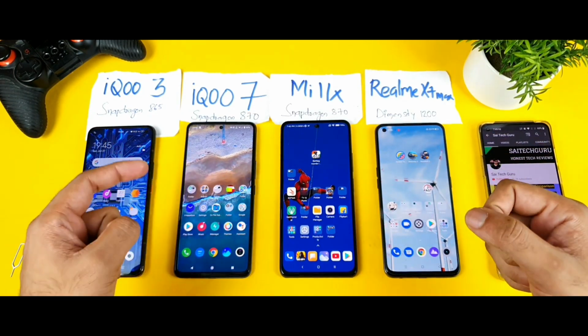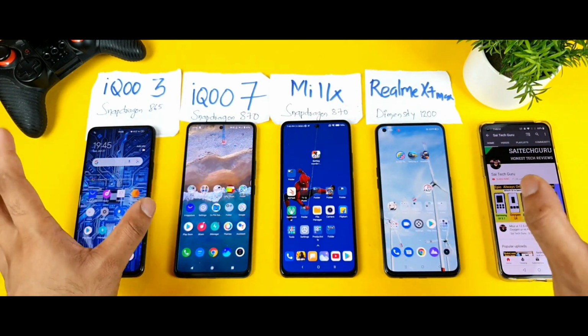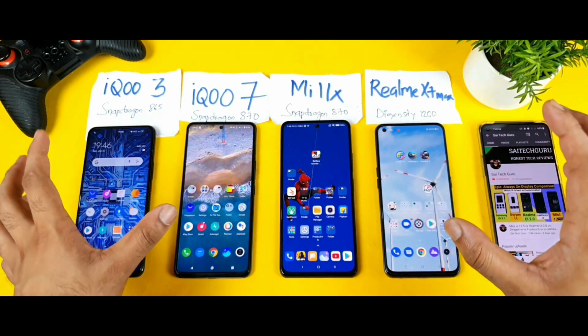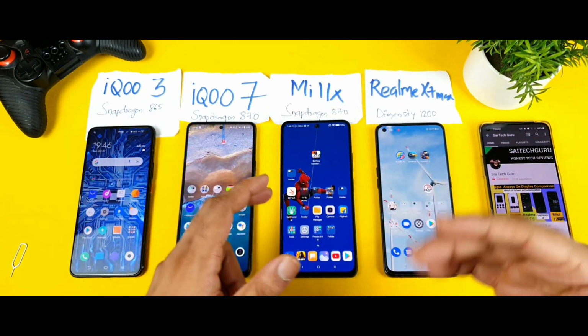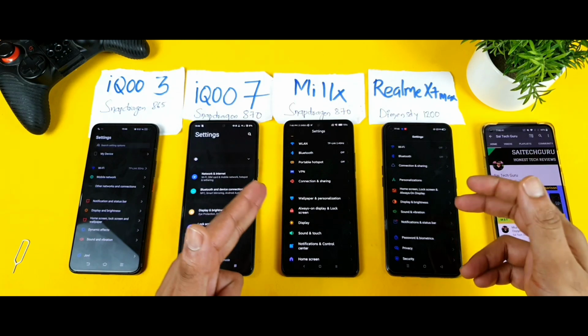The first thing is to put all the mobile phones into dark mode and turn off the room lights. After turning off the room lights, you will be able to see the green tint testing in all of the four smartphones. As you can see friends, right now I'm using dark mode in all four smartphones.